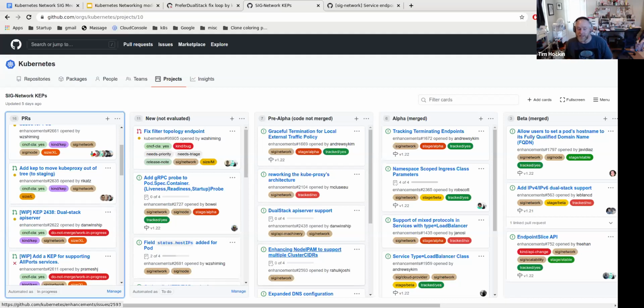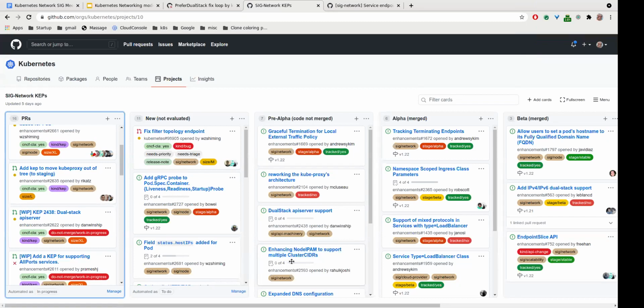Which leads me to my second point. While we have a lot of KEPs open right now, in reading some of them, I don't think all of them are even complete. Like Andrew, I don't know if you're here, but there's the KEP around graceful termination for daemon sets. I think we should probably extend that to be graceful termination for all services. And that's not even covered by the KEP. For daemon sets?